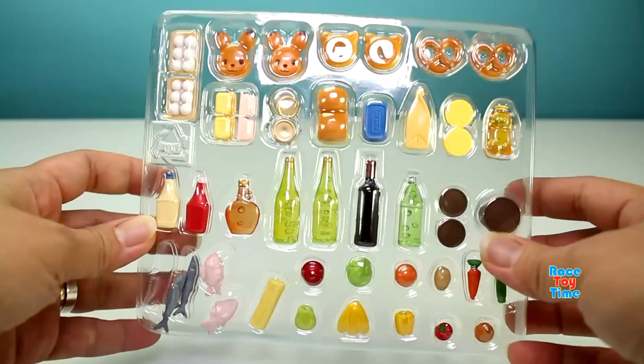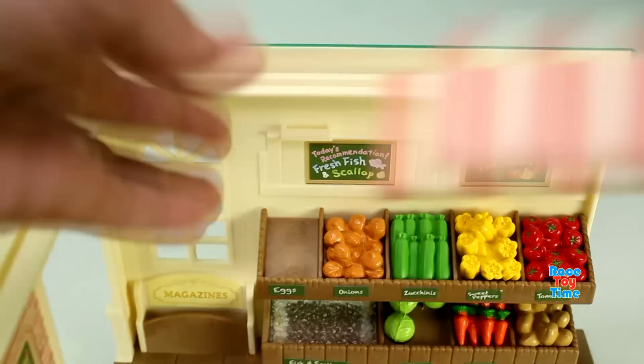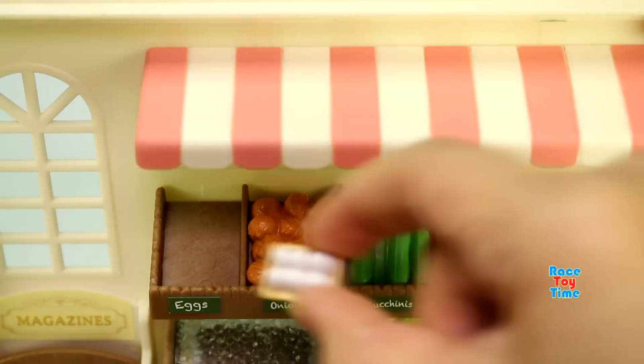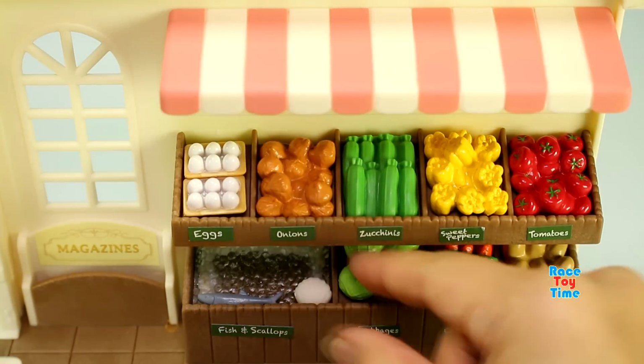And also, it comes with these items. Now let's set up the supermarket. Here in this shelf, you have some vegetables and eggs. And down here, fish and scallops,